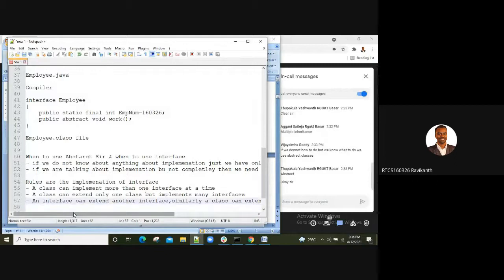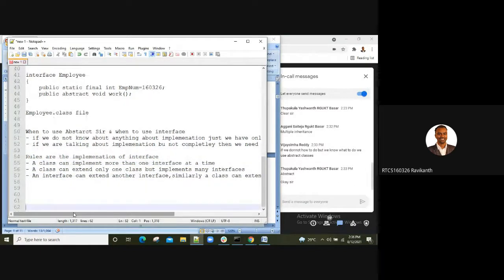Clear? So these are a couple of rules which we usually follow when we are working with the interface concept, when we want to implement it. Fine, I think you are clear with it.